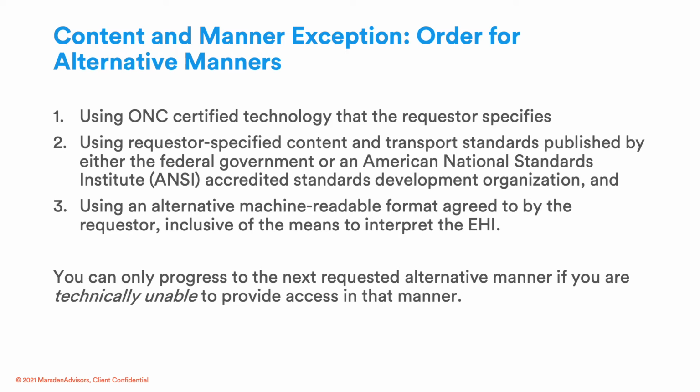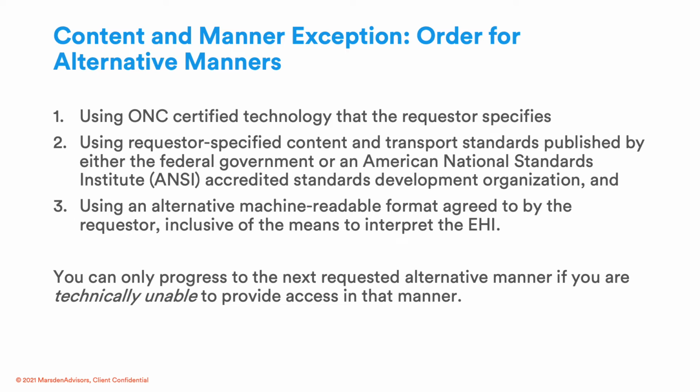If you can't do it, then you move to number 2, using a different requester specified transport, content and transport standards, either published by the federal government or ANSI, the American National Standards Institute. So this could include things like if your EHR isn't yet on FHIR version 4, using instead FHIR version 2 or HL7 to transmit the content of the request. If you're still technically unable to do this, and the requester has requested those 2, then you can move on